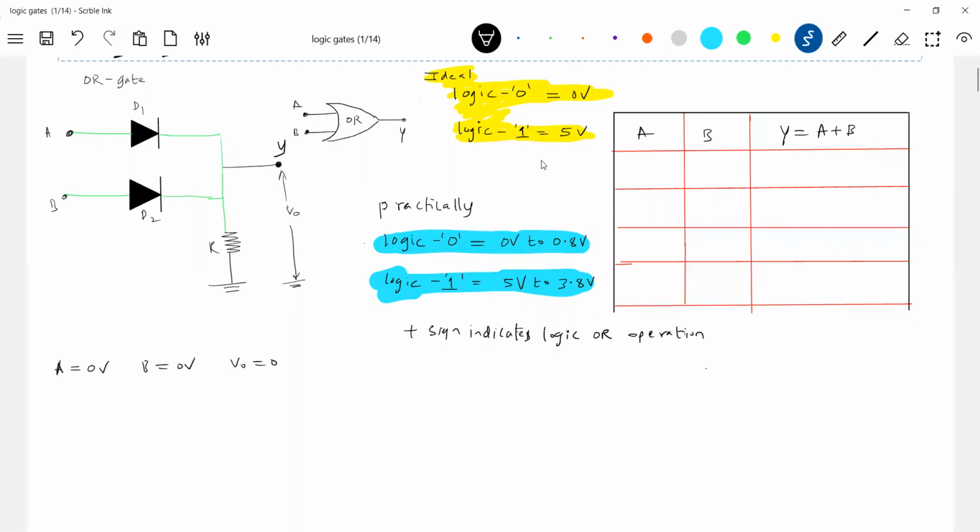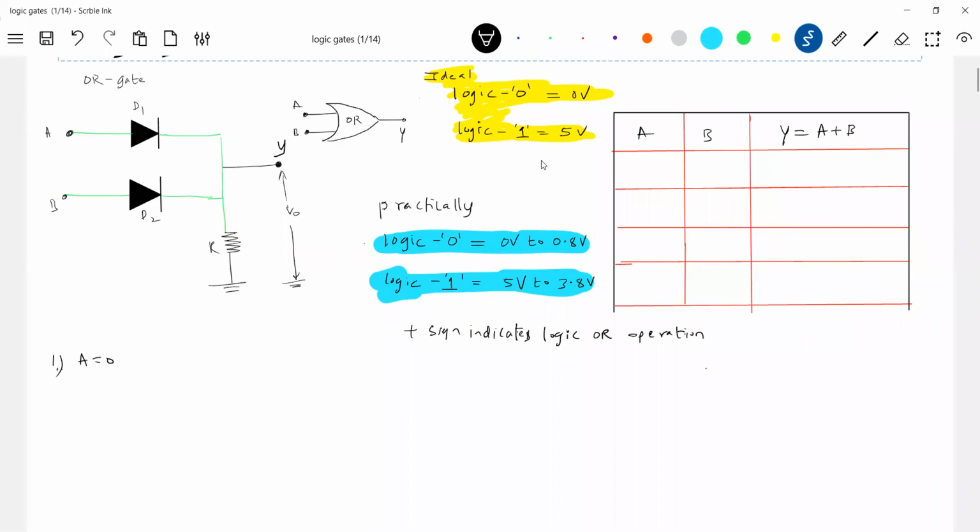A equal to 0 means what happens? It should be logic 0, no? 0 means what I'm going to do? I'm going to earth it. 0 volt. So what happened to the output voltage V naught? Should be 0. So for the first thing,